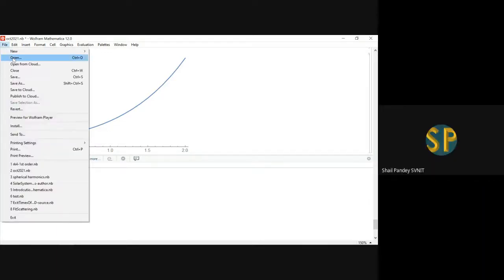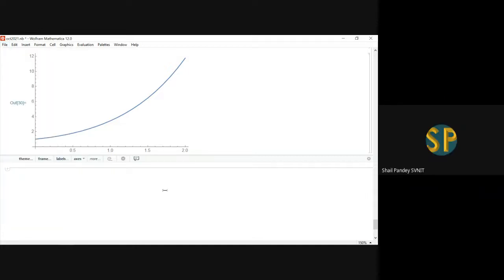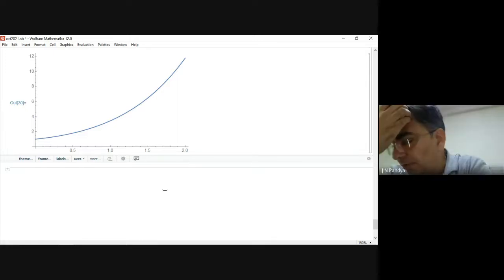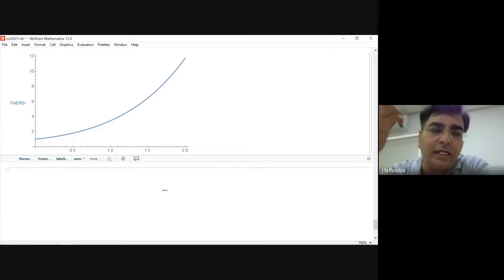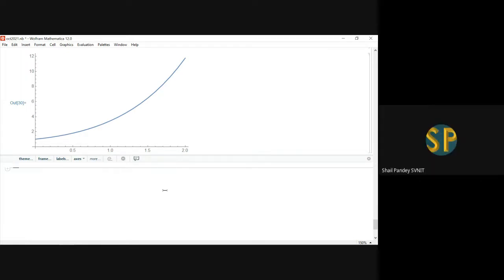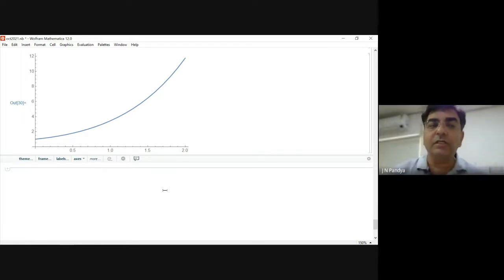Sir, go ahead, I'm just adding. Yeah. Is it possible to take a simple quantum problem like a particle in a box? Yeah. So maybe that involves the differential equation also. Of course. Actually, I am planning to do that only, but this is the first step toward that. Okay, sir. Remember, in principle, no doubt it won't be done with a single line command. You have to write a separate proper code for that thing. But it is very possible to solve the Schrodinger equation numerically. It is very possible to solve anything numerically in Mathematica.